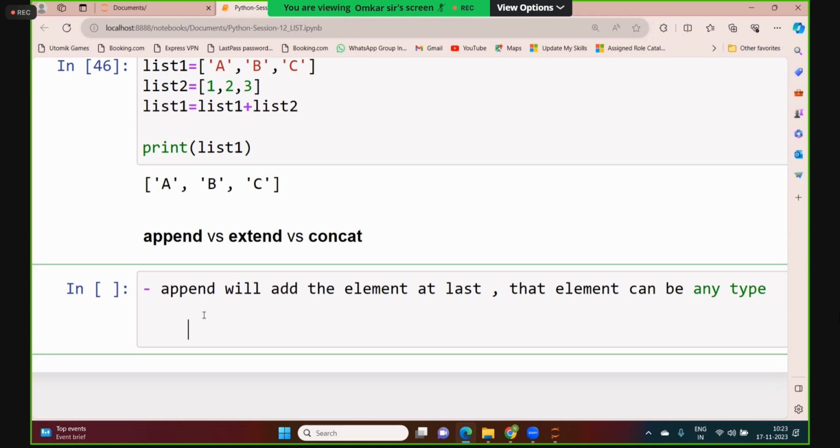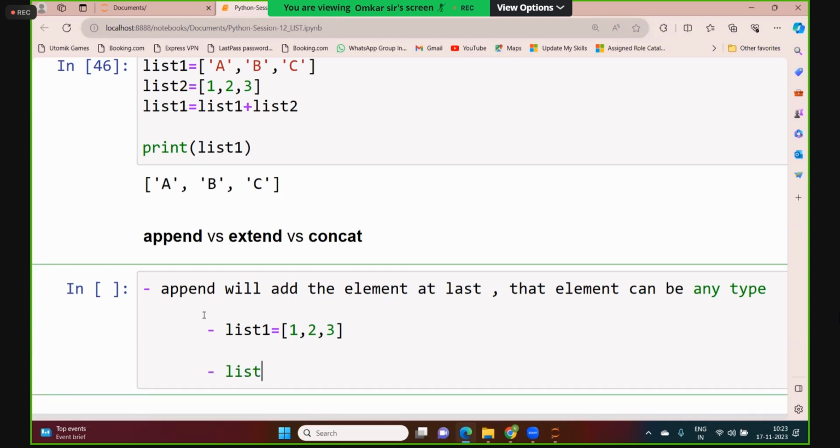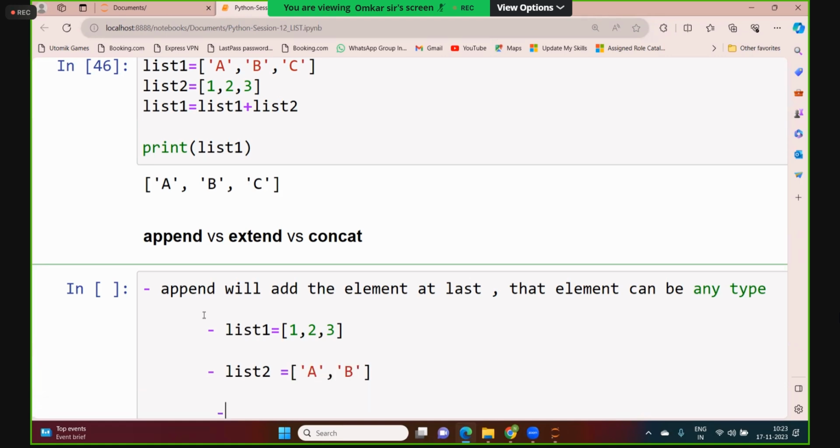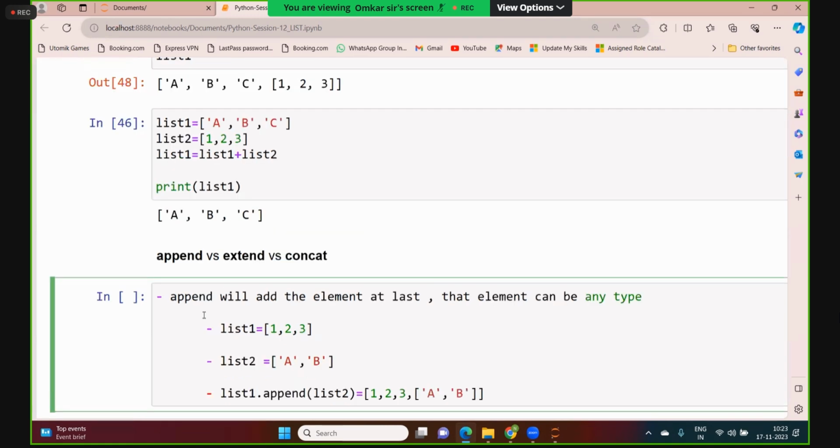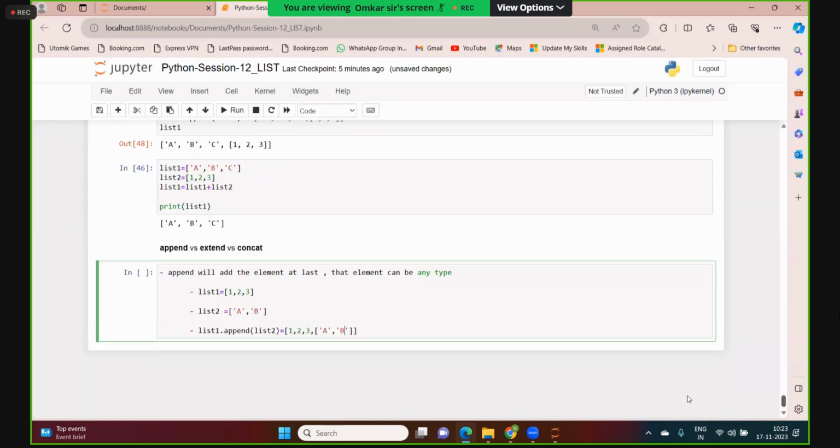So you are taking list 1 equal to 1, 2, 3, and you are taking list 2 equal to A, B, then you are taking list 1 dot append of list 2. The output will become 1, 2, 3, then A, B as a list. Agree with me? No doubts? So next